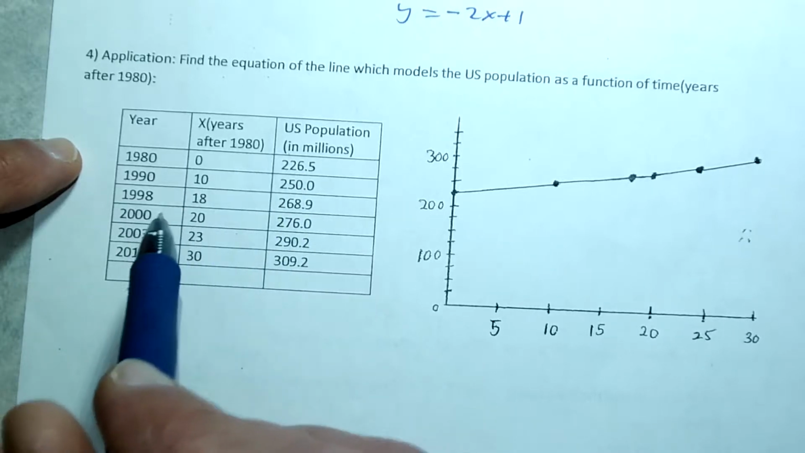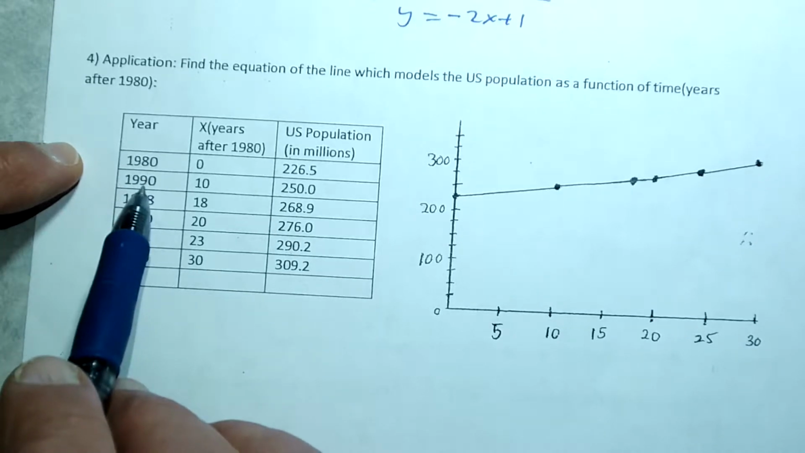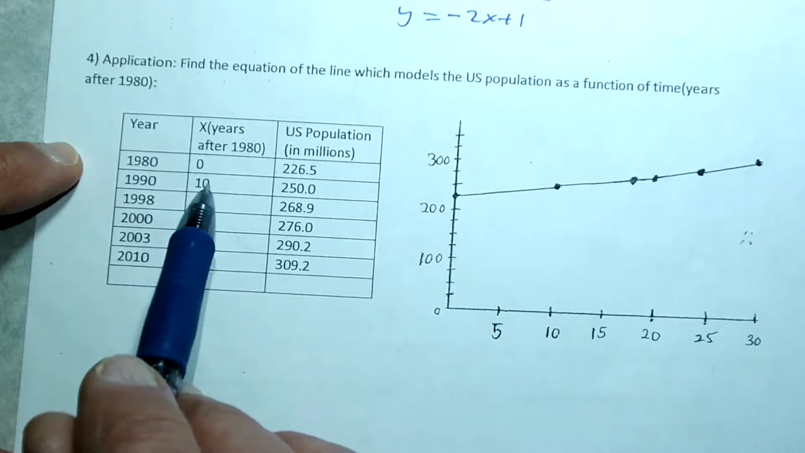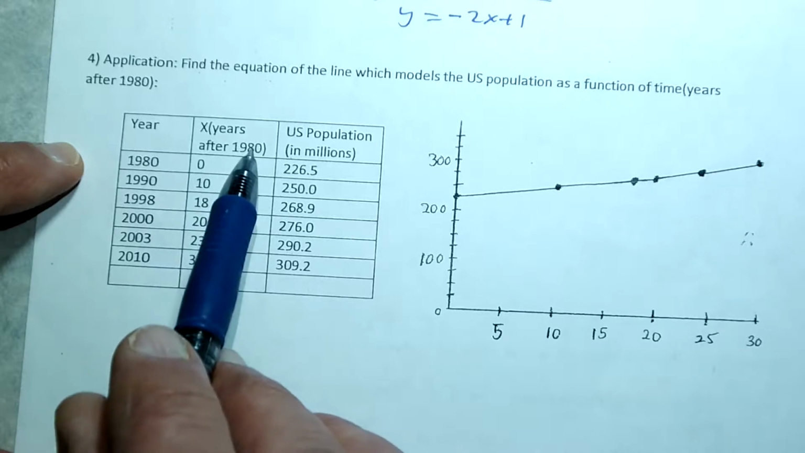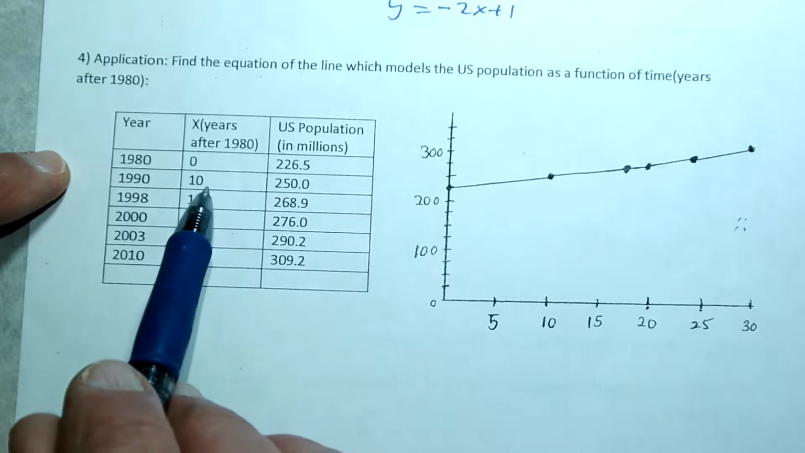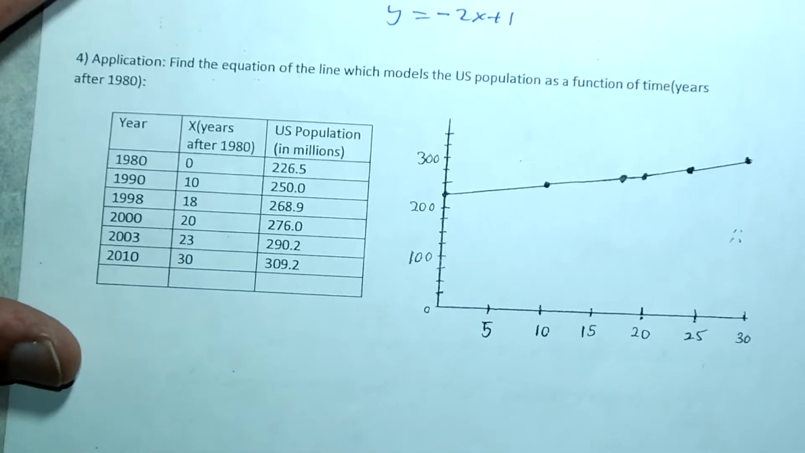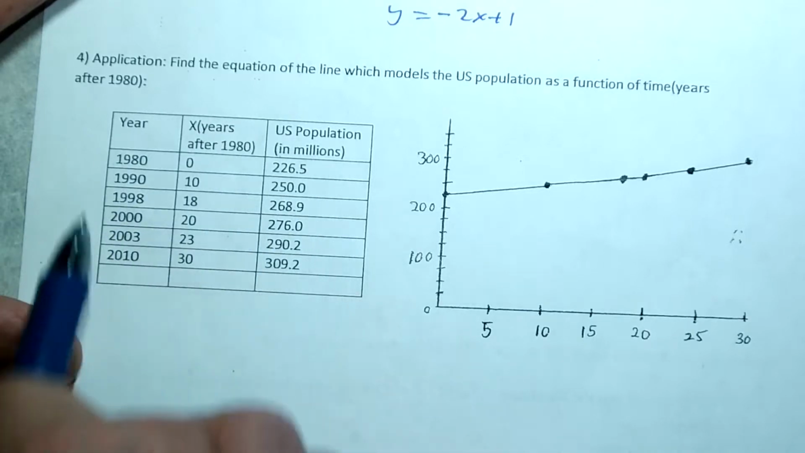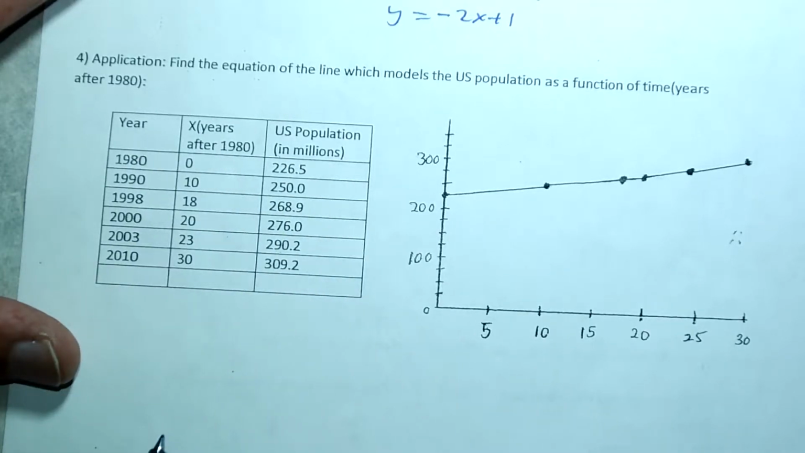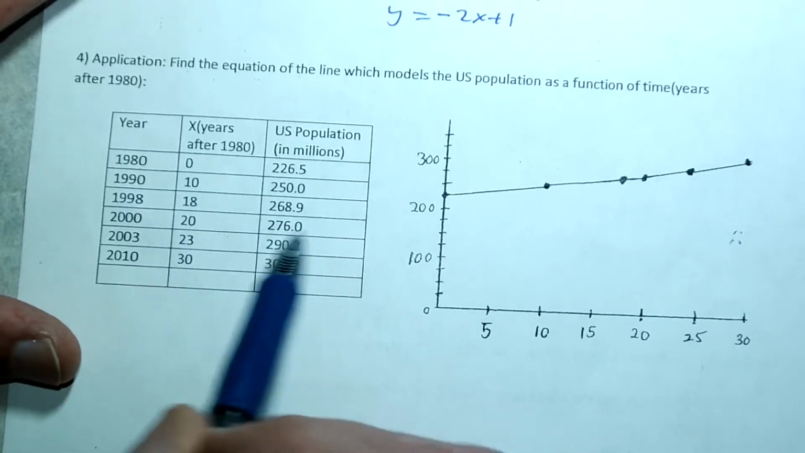And what we're going to see here also is that we're converting these dates into an X value based on 1980 being a zero value. So 1990 would be an X value of 10 years after 1980, and so on. Okay, so let's go ahead and take a look here. Let's see if we could come up with an equation that would model this data, right? That we could actually put a year after 1980 in and get at least a fairly good approximation for the